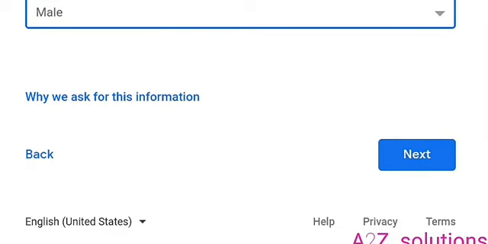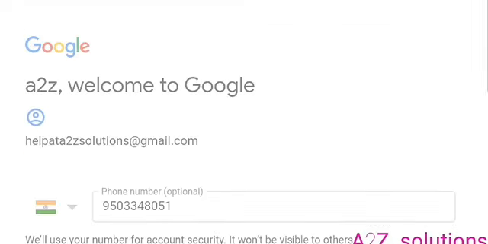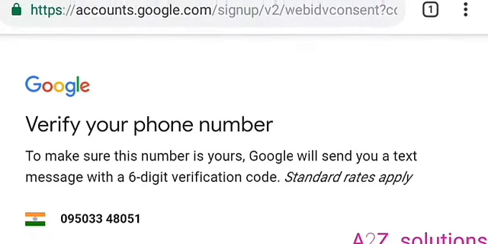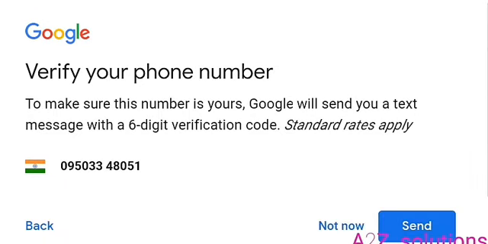Then click on the next. It will provide you with a confirmation 6-digit code for the mobile number which you entered. So it will take at least 1 to 2 minutes to receive the SMS of that verification code.